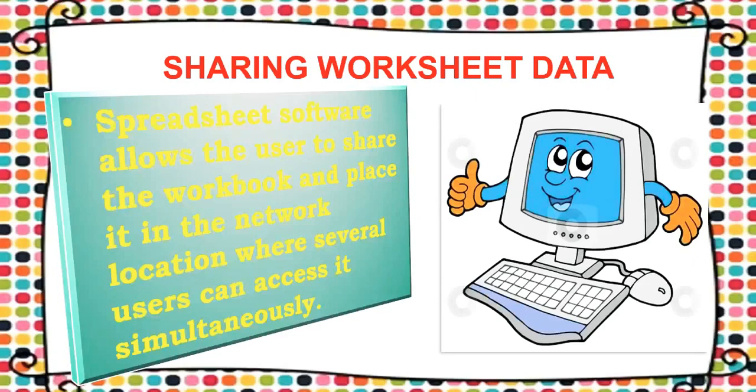In most office settings, there is a shared device where teams can store common files for everyone to use. The spreadsheet also allows a user to share the workbook and place it in a network location where several users can access it simultaneously. This usually leads to a message: This document is locked for editing by another user. To open a read-only copy of this document, the message appears because someone else already has it open. Sometimes it is necessary to have multiple people working on a file at the same time. This can either speed up data entry or simply make collaboration easier.